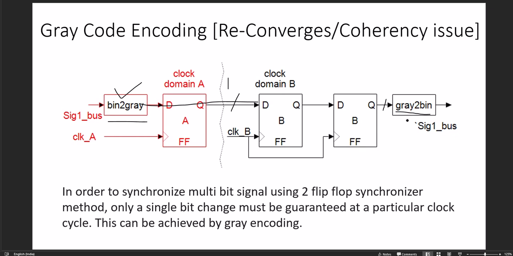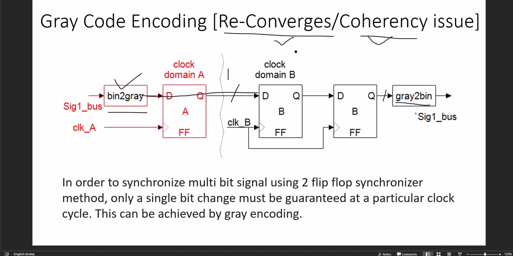So for the two flops, we cannot use them for multi-bits. For multi-bit, we have to go this way to avoid these reconvergence or coherence issues. I hope you got this point, why we go for gray code encoding for multi-bit, to avoid these reconvergence or coherence issues. Basically, these terms are used in CDC in Spyglass for data hold kind of issues. So to begin with this,